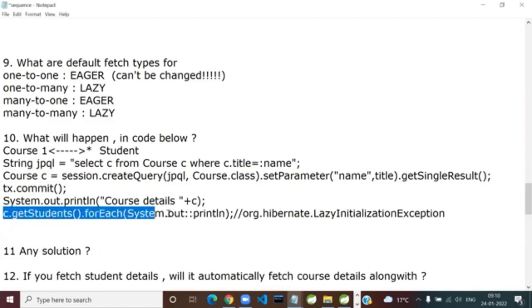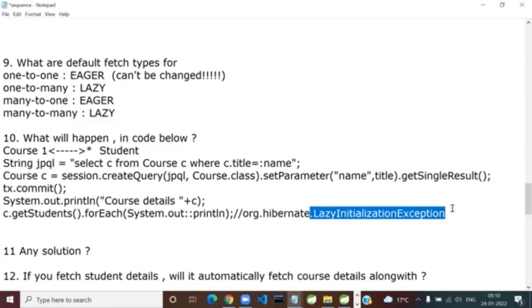So if you try to access unfetched data in a detached manner, outside the session context, where did the session get closed? At commit. So here you are trying to access unfetched data outside the session, and Hibernate cannot load the data.